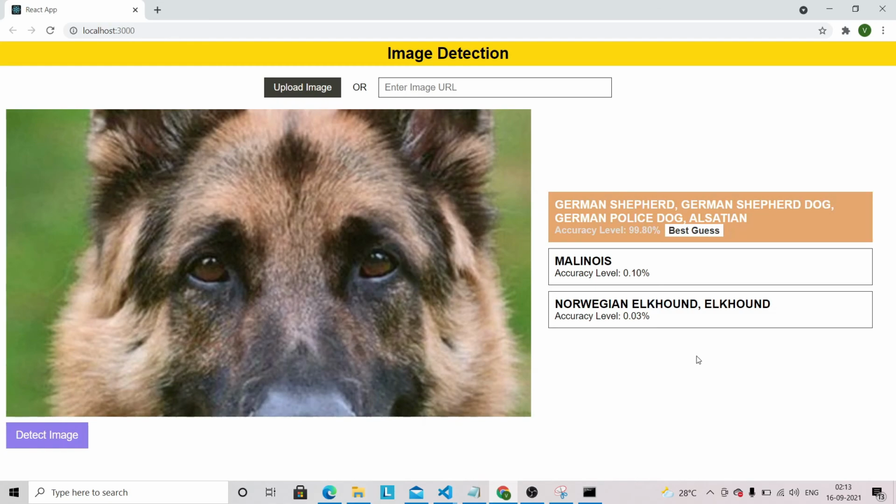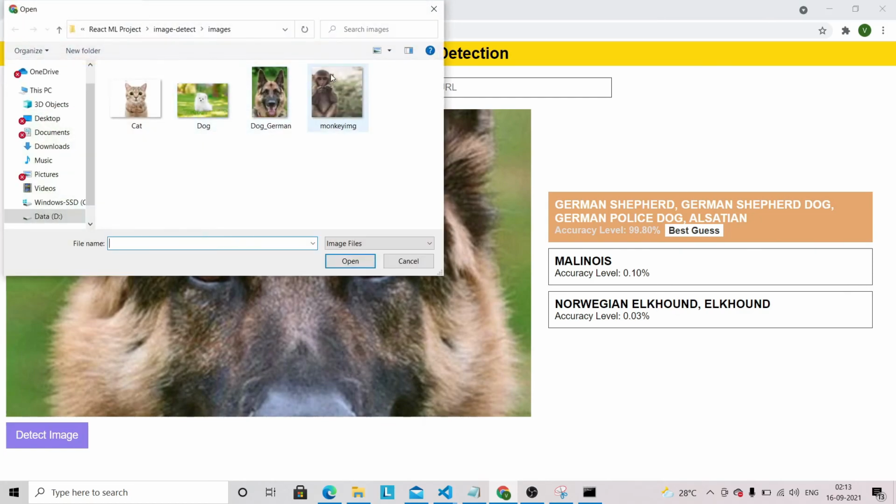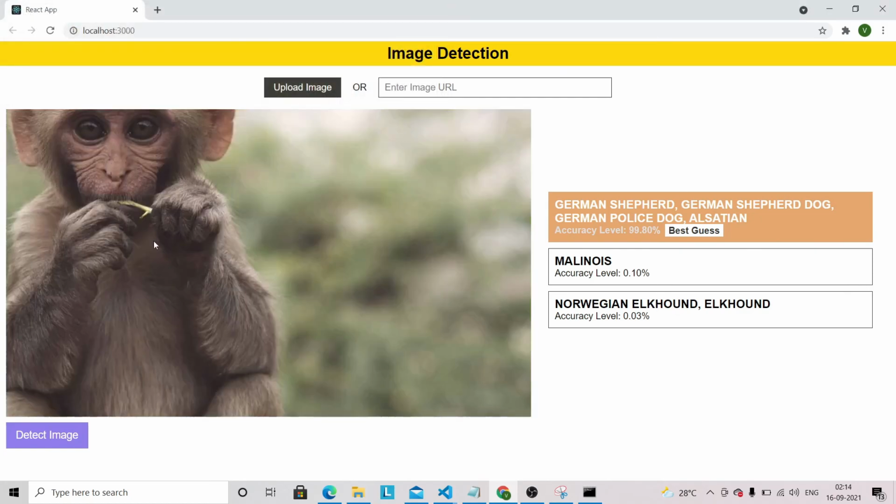Let's upload this image and click on detect image. Here we have got our best guess: this dog image is a German Shepherd, with an accuracy level of around 99.80%. Let's upload another image. This time we are going to use a monkey, and click on detect image.